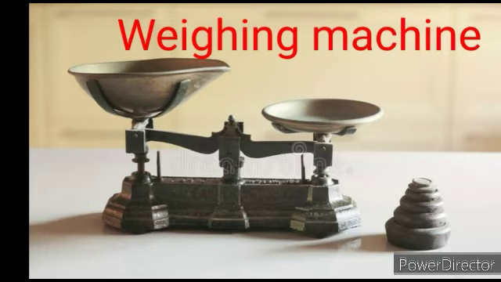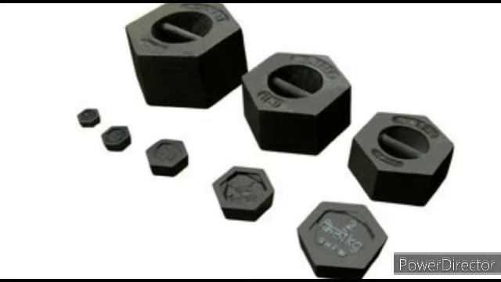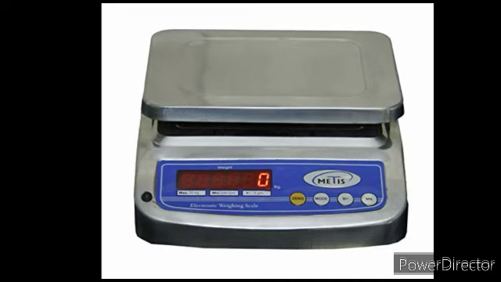And nowadays we are using two different types of weighing machines. One is by using common weights to weigh objects on the weighing scale. For example, 50 gram, 100 gram, 200 gram, 500 gram, 1 kg, 2 kg stones are used to weigh the objects. And nowadays we are using electronic weighing machines to measure these objects. Whenever you are crossing the shops or the grocery shop, you might have seen it.